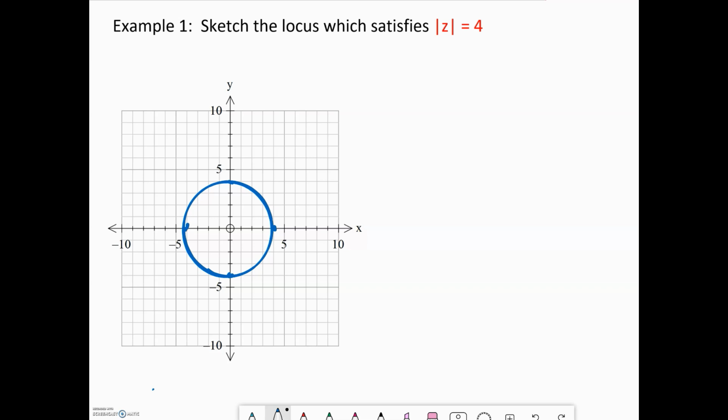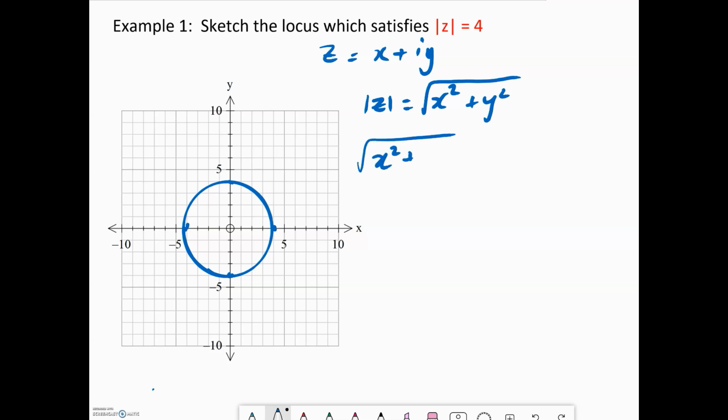If we look at it algebraically, we have z, let's say it's x plus iy, then modulus of z is the square root of x squared plus y squared. And we want this to be equal to 4. So if we square both sides, we get x squared plus y squared equal to 16. So what we have here is the formula for a circle. The origin is the center,